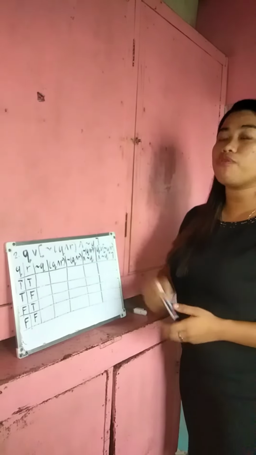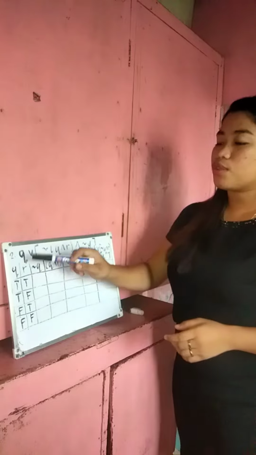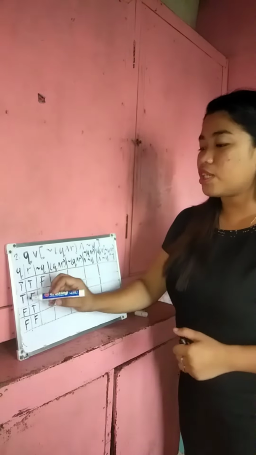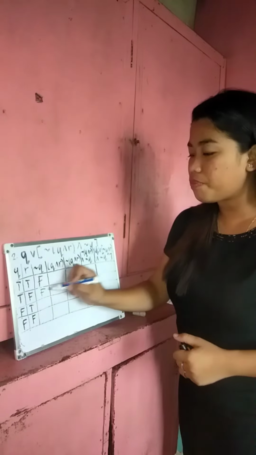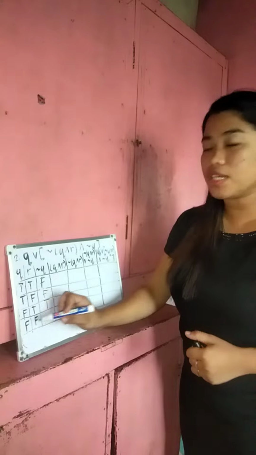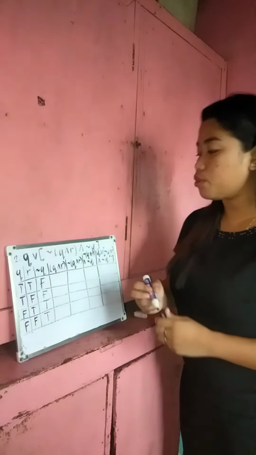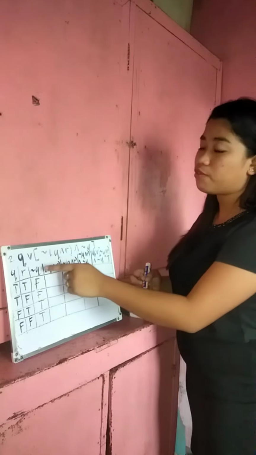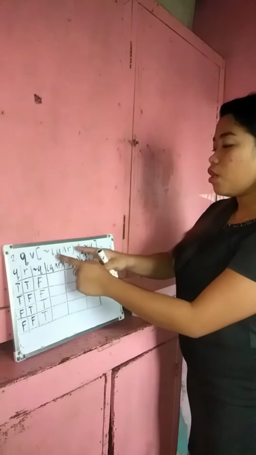So first, we will find the negation of Q. Since it is true, it would be false. And this one is true, so it would be false. And this is false, so it would be true. And this one is false, so it is true. Because we have here negation Q, we should find negation Q first. And we have to find